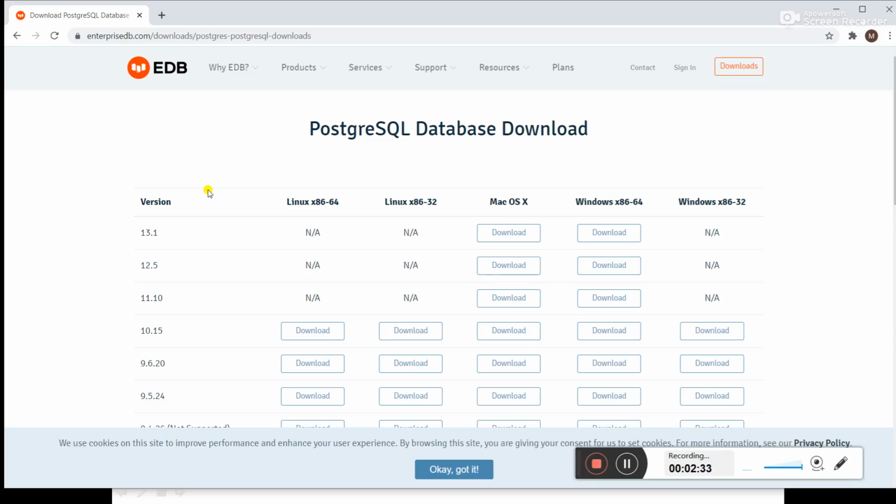Okay, so we will see it here for Windows, this one. And the version for this is 10.15. Today we are going to select the version 13.1 for Windows.